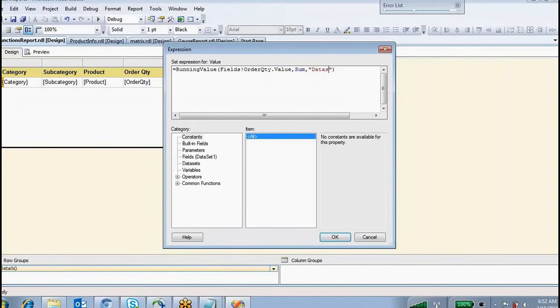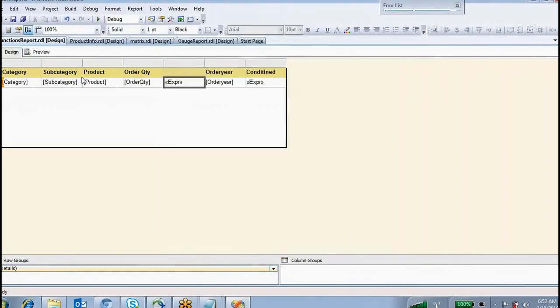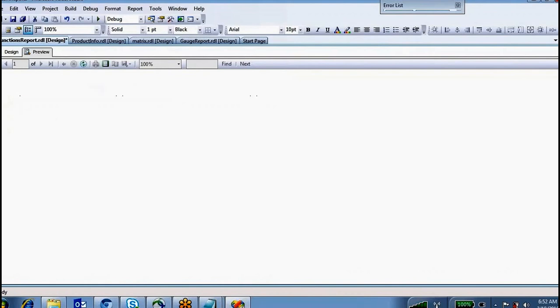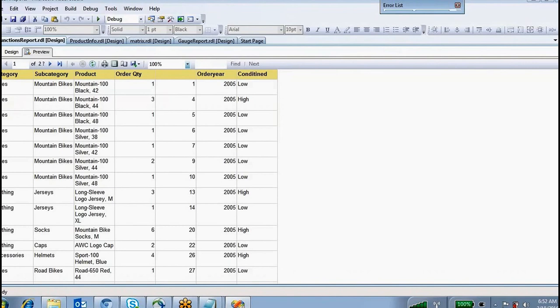I don't want to take anything here, nothing. See, it is adding the values: 1, 1 plus 3, 4, 4 plus 1, 5, 5 plus 1, 6, 6 plus 1, 7. So this is adding the running aggregate.